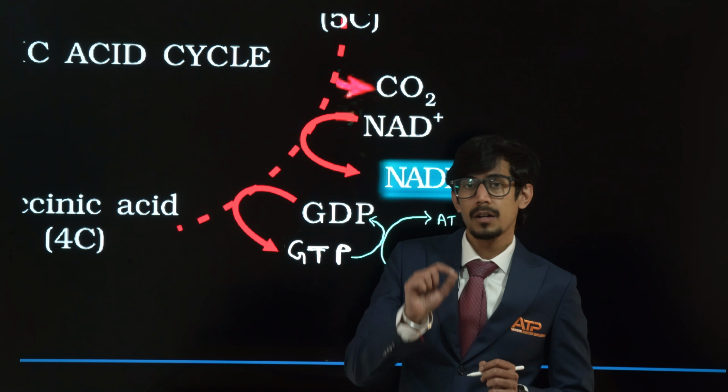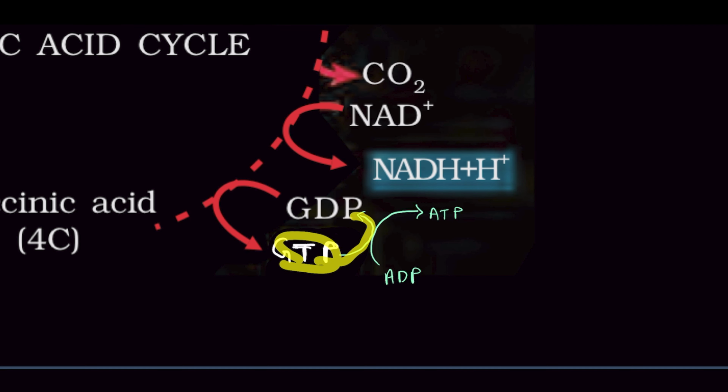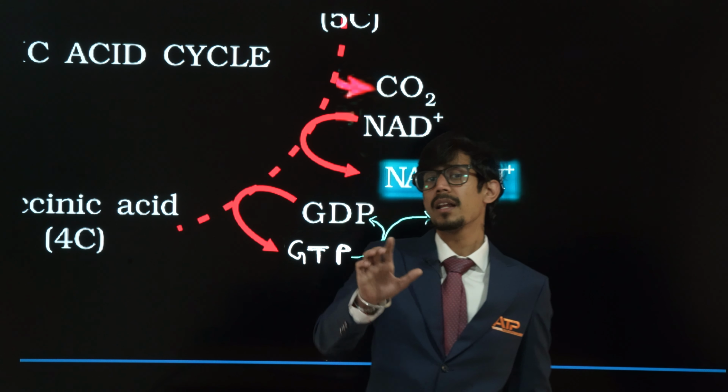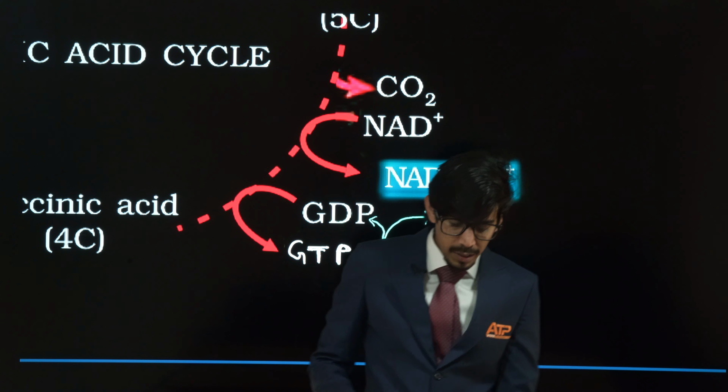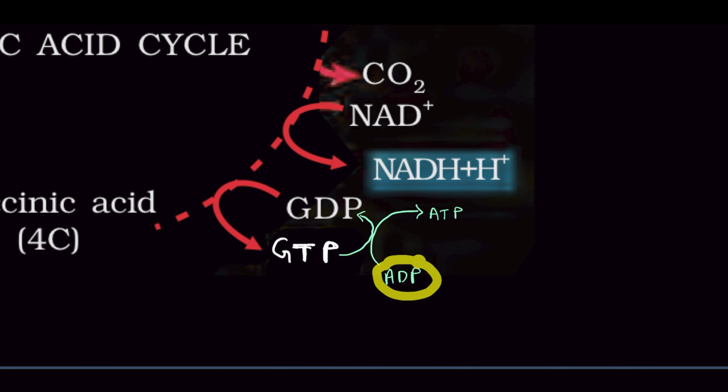These types of reactions are called coupled reactions, okay, where one reaction is driving the other reaction. So this is a coupled reaction, and it's also called substrate level phosphorylation. Why is it called substrate level phosphorylation? Because the phosphate to this ADP is not coming as inorganic phosphate, it is coming from some other intermediate or